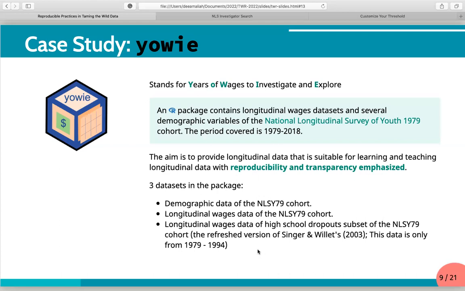This is actually the refreshed version of Singer and Willett's data in their textbook on longitudinal data analysis. This book contains the wages data only until 94, and we try to refresh the data until the most recent year of the survey.